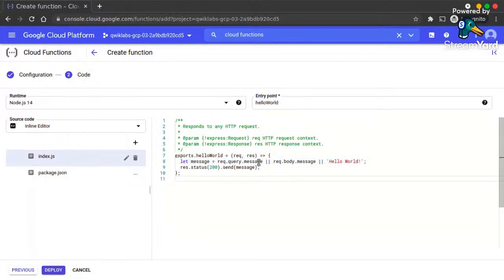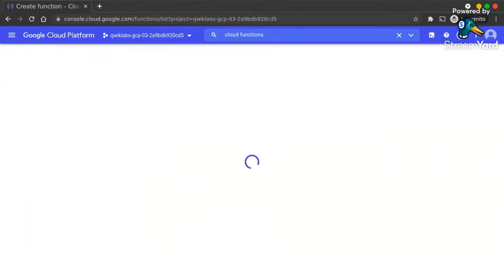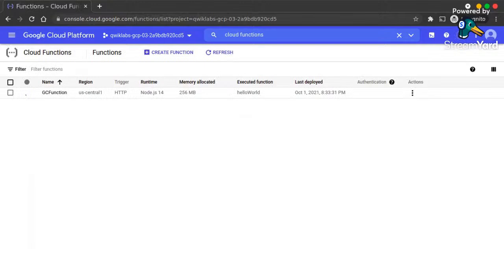And this will return the message from the query or the message body, or the default is Hello World. So it's similar to Express, but it's kind of a single route. So we have to deploy it,